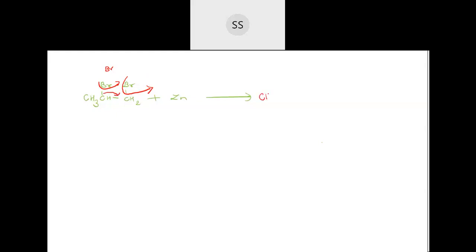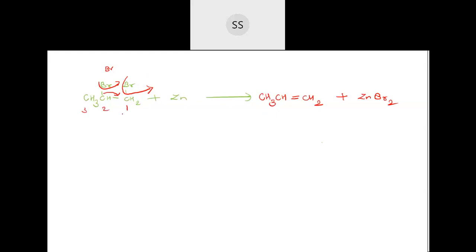So you get CH3, then CH double bond CH2, plus ZnBr2, because zinc will lose those two electrons. These electrons are actually coming from zinc. You have seen the mechanism part, so you don't have to worry how Br minus is going out. Actually, Br plus doesn't go out, Br minus is going out. That's because of donation of electrons by the zinc. So, clear? And what is the compound now here?